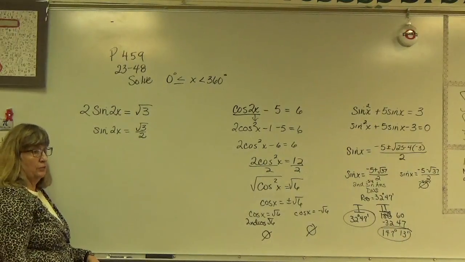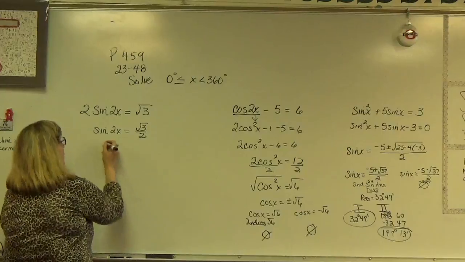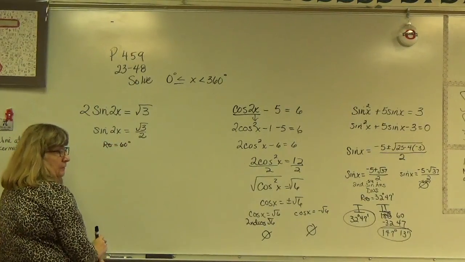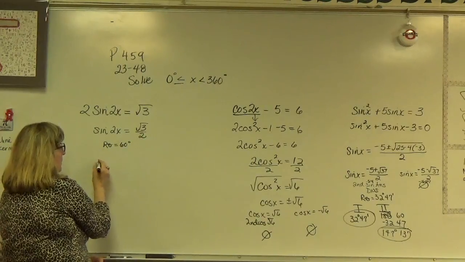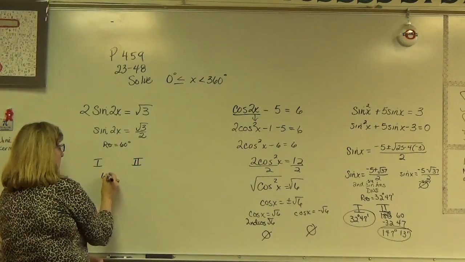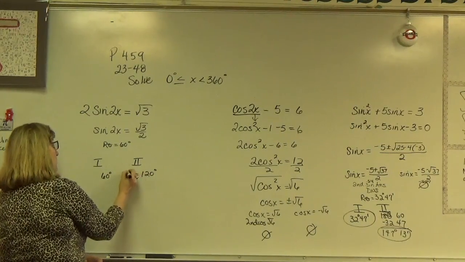And that's a reference angle, right? Yep. So, where is it at? 60. So the reference angle is 60, and sine is positive in the first and second. So it'll be 60 and it'll be 120? And you set that equal to